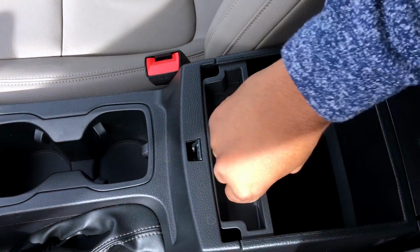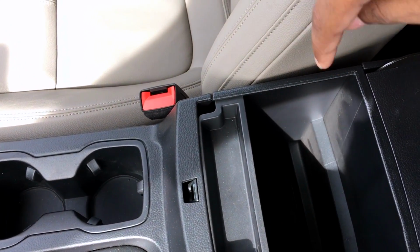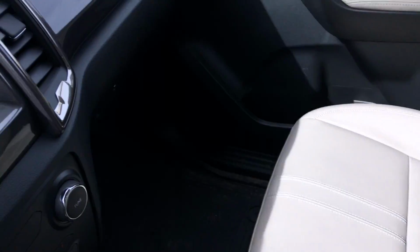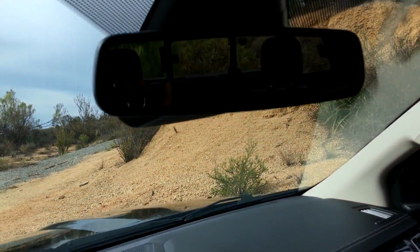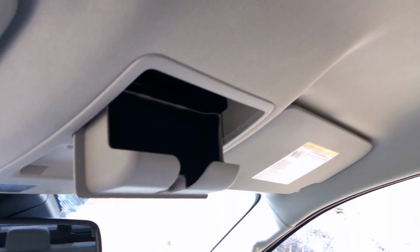You have this super tiny little area here. I'm not sure what you'd put there, maybe coins, but you do have that, but you don't have anything to put inside. You don't have any kind of ports or chargers or anything inside of there. Glove box over here, which you can still lock, so it has a lock on there. Auto dimming mirror going up top. Sunglass holder. Now you don't have a sunroof,